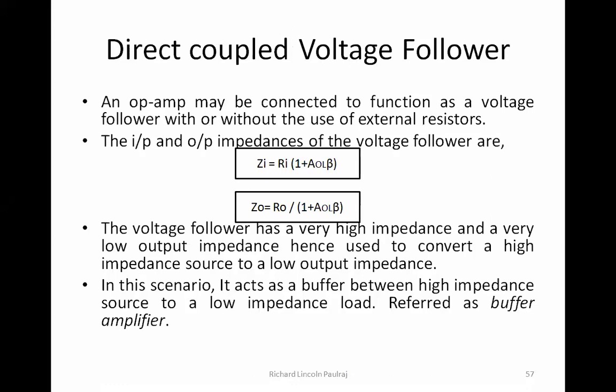This is possible because of the op amp's property based on the inverting and non-inverting terminals, and how they try to match up between the plus and the minus terminal and make the difference zero as much as possible. Practically not possible, but they try to make it as close as possible with the help of either internal circuitry or external circuitry. So the op amp may be connected